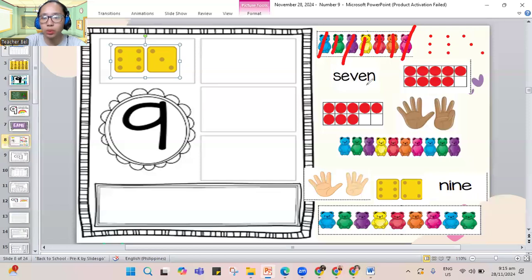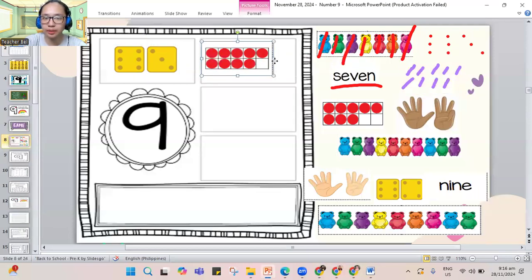Okay, another one. Is this our word 9? S-E-V-E-N, 9? No, that's a different word. That is 7. We don't need that one. That is the number 7. Okay, what about another set? Let's mark and count for the frame: 1, 2, 3, 4, 5, 6, 7, 8, 9. We have our number 9. It shows 9 here. Let's move this one.